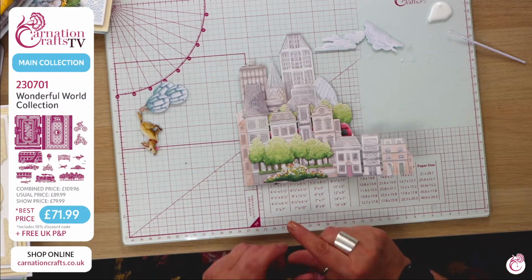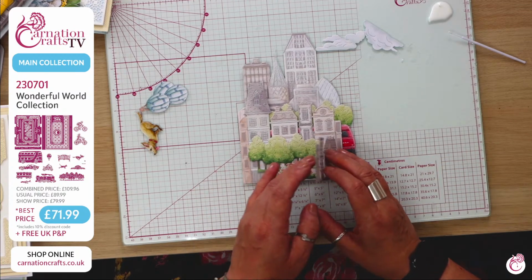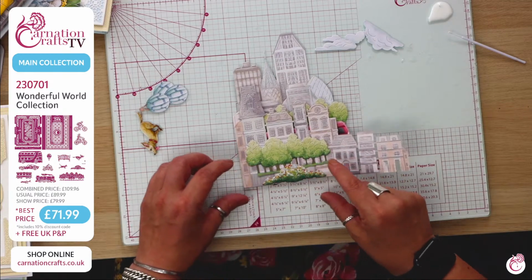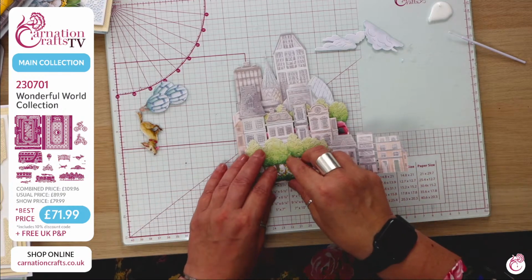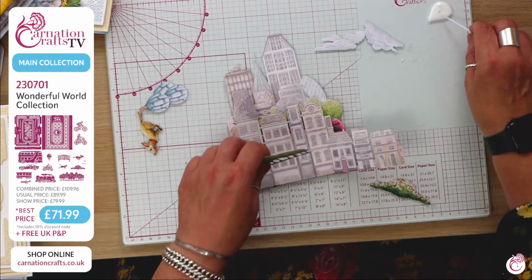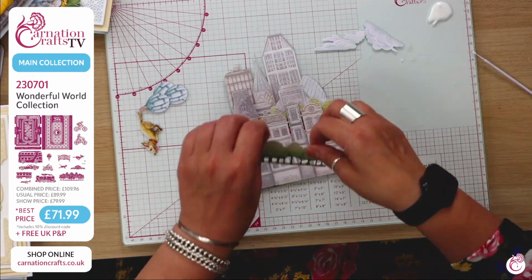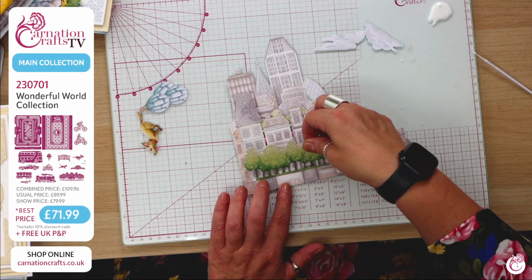You'll need a grounding device. If you want the trees to be higher, so they're poking well and truly over there, you'll need to ground it down here with that bush line to give it the proffering of a road behind. That would be my advice. And that's what we'll do, just to give it that bit of height, because I like it poking out of the top. So I'm just going to place onto there, and I'm going to use this line of the houses, and I'm just going to place it,